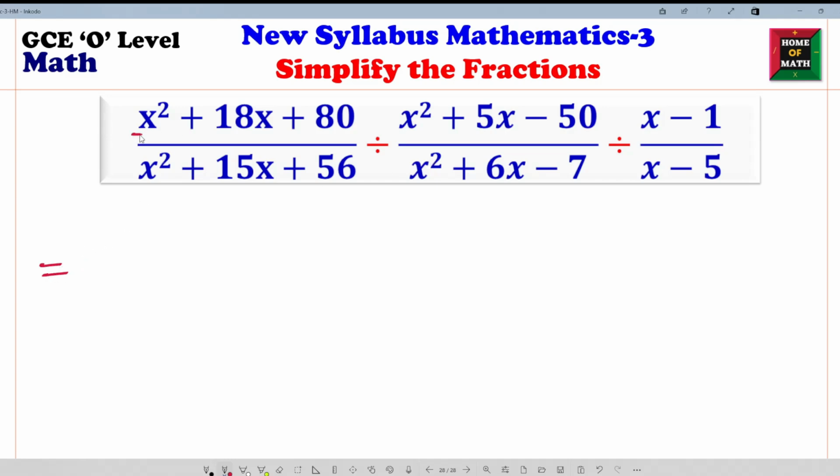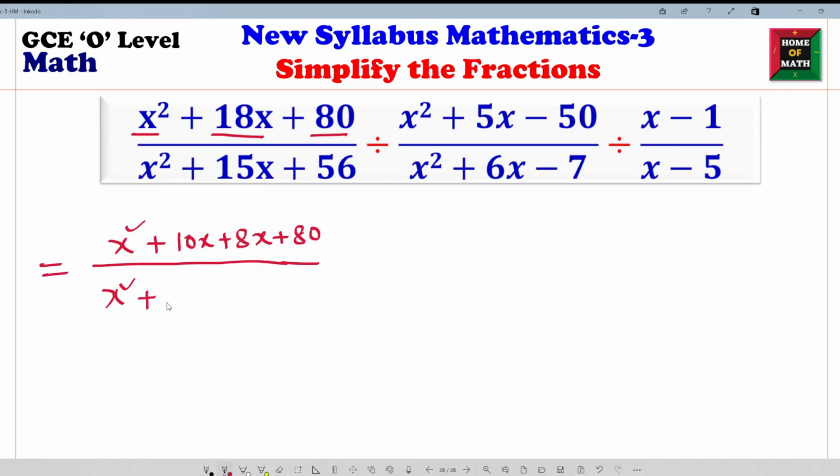First one, x square plus 18x plus 80. So this one we can write, look, x square plus 10x plus 8x plus 80. So 80 is a constant. 10 times 8 means 80. Again 10x plus 8x means 18x. Similar, here is x square plus